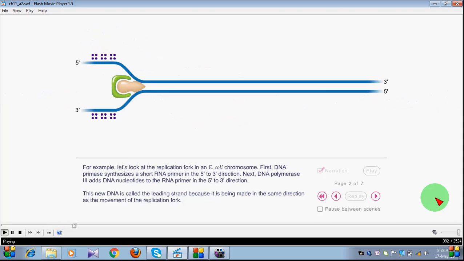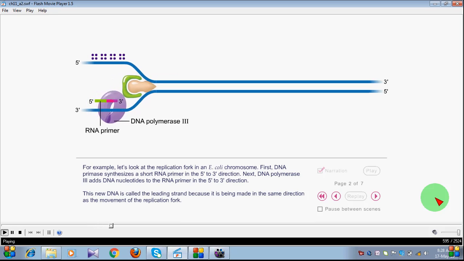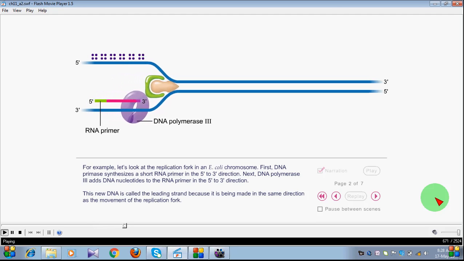For example, let's look at the replication fork in an E. coli chromosome. First, DNA primase synthesizes a short RNA primer in the 5' to 3' direction. Next, DNA polymerase III adds DNA nucleotides to the RNA primer in the 5' to 3' direction. This new DNA is called the leading strand because it is being made in the same direction as the movement